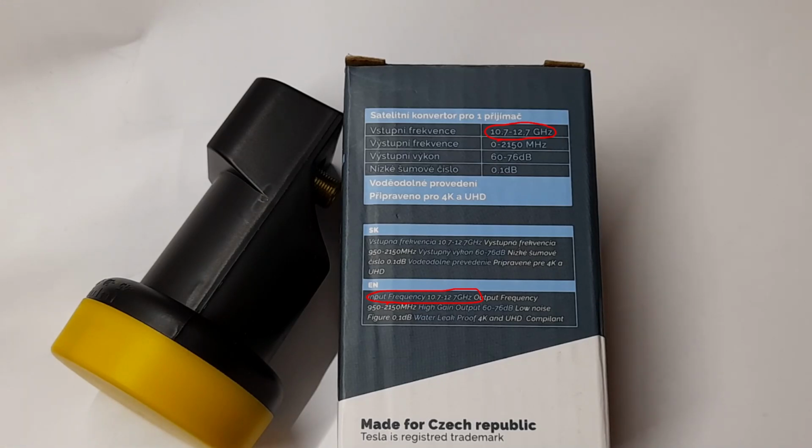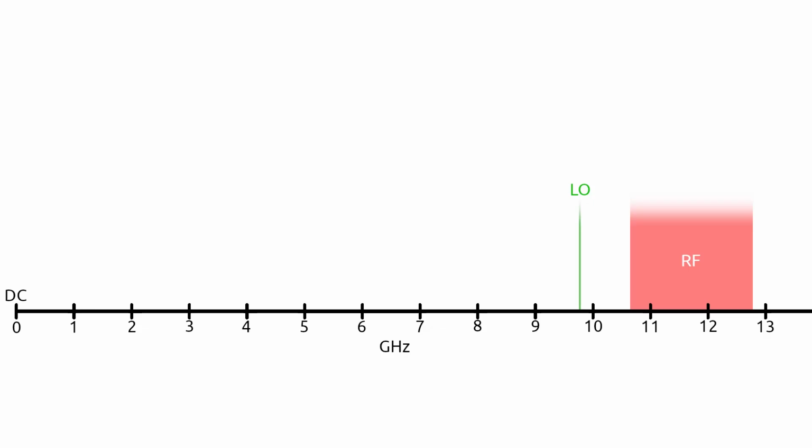The other is the local oscillator value, or the LO, which isn't mentioned on the box, but as this is a universal Ku-band LNB, the default value will be the standard 9.75 GHz. When the LO is lower than the specified RF, it means that the LNB is using normal high-side mixing. This effectively modifies the range of the receiver connected to the LNB by shifting all of it up by the